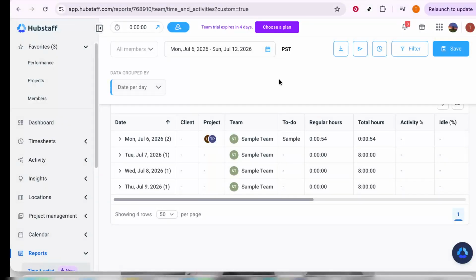In today's video, I'm going to teach you how to restore deleted time entries in Hubstaff. Now, it's important to note right at the start that unfortunately, Hubstaff does not provide a way to directly restore